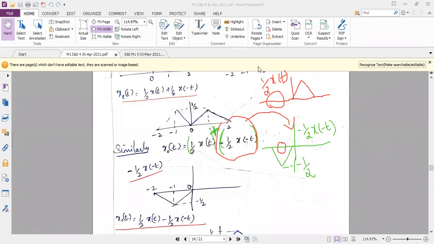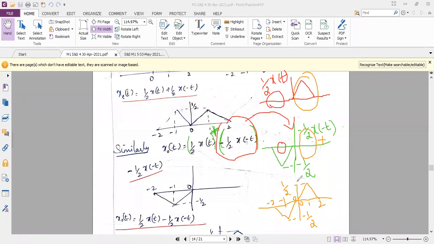So now I'm going to take a different color and perform the addition. When I perform the addition, I will get on the left hand side, for the scale minus 2, minus 1, 0, the amplitude is minus 1 by 2. Similarly, when you add the two signals at the right hand side, see here I have a triangular signal, but for the next signal I do not have anything, 0. So triangle plus 0 is a triangle. I know the limits. It is 0. The timings are 0, 1 and 2, and its amplitude is 1 by 2 plus 1 by 2.